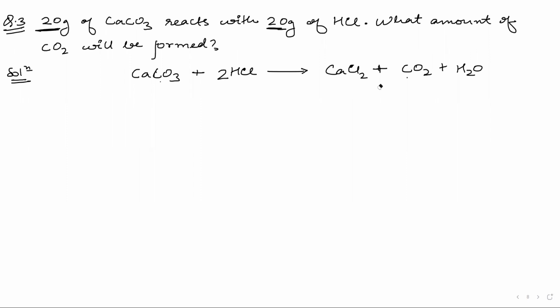This is a long question because you have to first of all calculate the molar mass of CaCO3 to calculate the number of moles of CaCO3. Then you also have to calculate the molar mass of HCl to calculate the moles of HCl, and then only you can proceed. So it is a bit of a long question. Send chats if you have any doubt also. If you get stuck or need some hints.